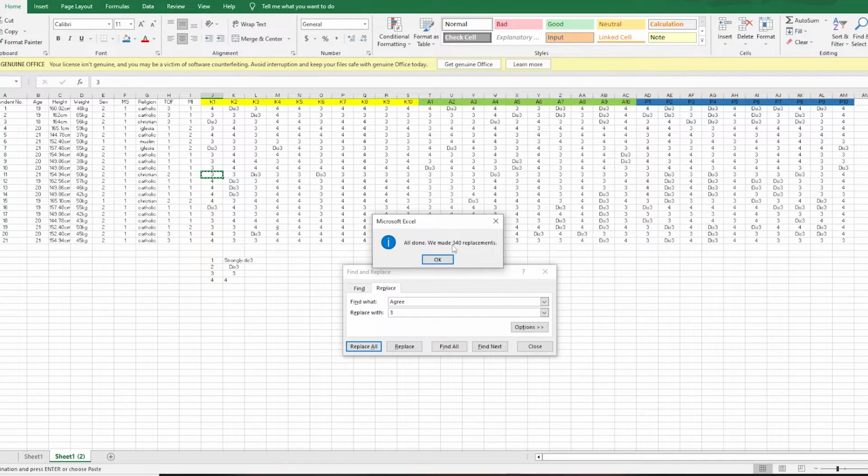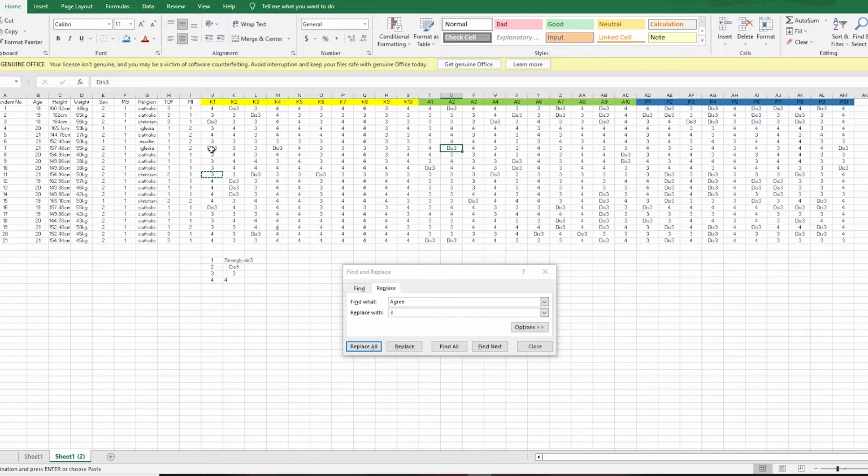Replace all. And you have just changed the agree. Now don't be discouraged with this 3 because the one that was changed was the word agree. So every word that has agree in there was changed. So don't worry about this.